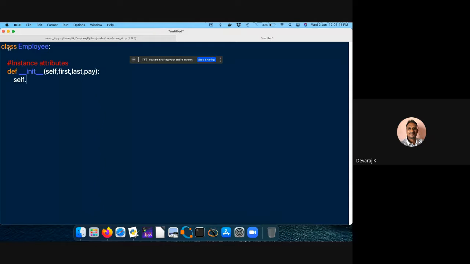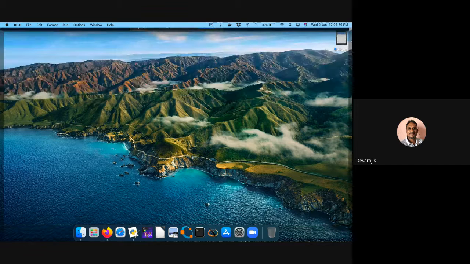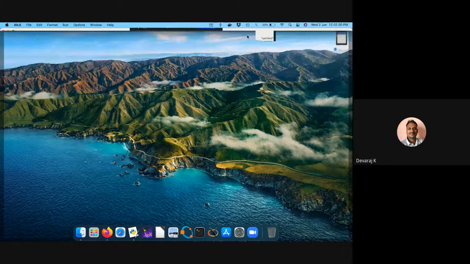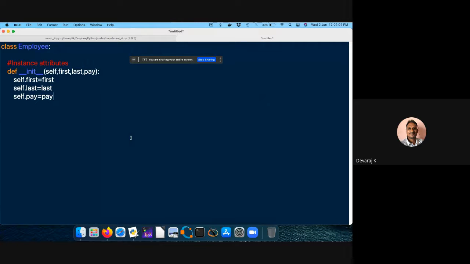self.first is equal to first, self.last is equal to last, and self.pay is equal to pay. Suppose I want to create an email ID here using the first and last name.